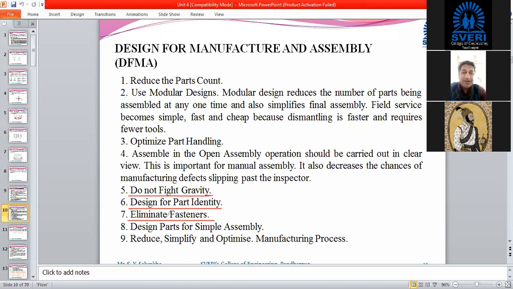It is unavoidable, but we have to eliminate them as far as possible. Design the parts for simple assembly. Assembly should be simple, it should not be complicated. Reduce, simplify, and optimization should be done. We have to optimize the manufacturing process by means of which the components are manufactured.